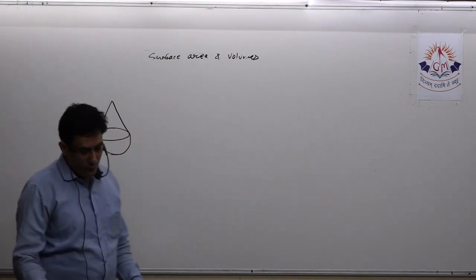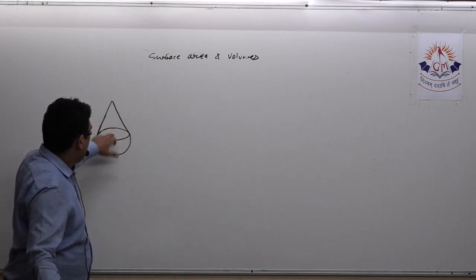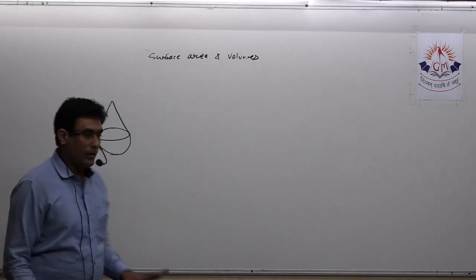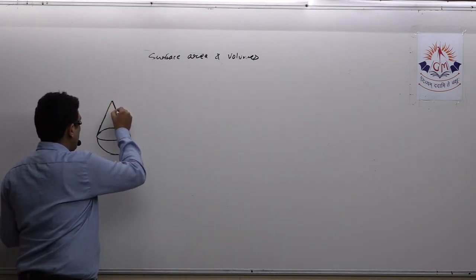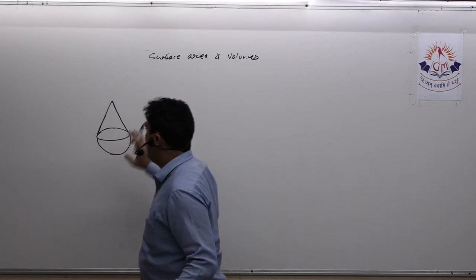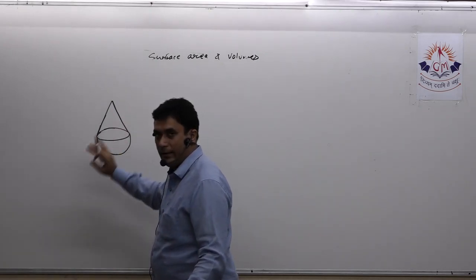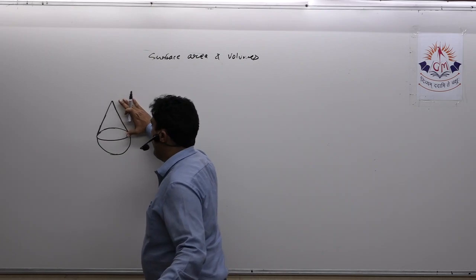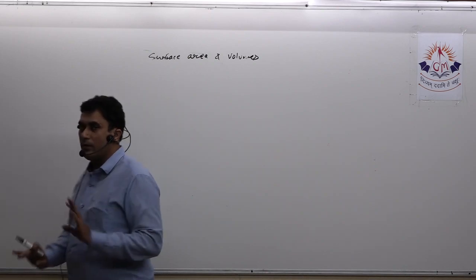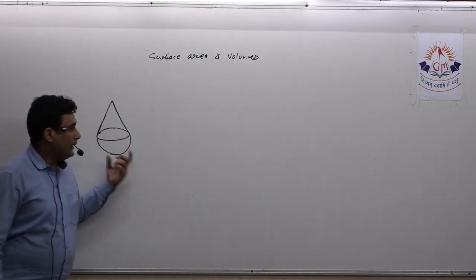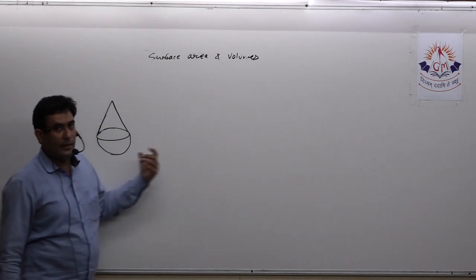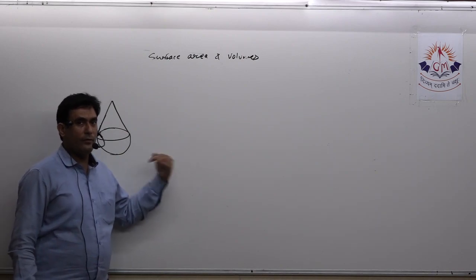Now what we have to find, I'm not discussing what its radius or height is yet, we'll discuss that, but first, what we have to find is its total surface area. Whenever they ask the total surface area of the combination, it does not mean that you have to find the total surface area of these two solid figures separately and then add. It doesn't mean you add the total surface area of the cone and the total surface area of the hemisphere. Total surface area of the solid is the area over which we can paint. In that way you can identify what areas we have to take and what areas we have to exclude.